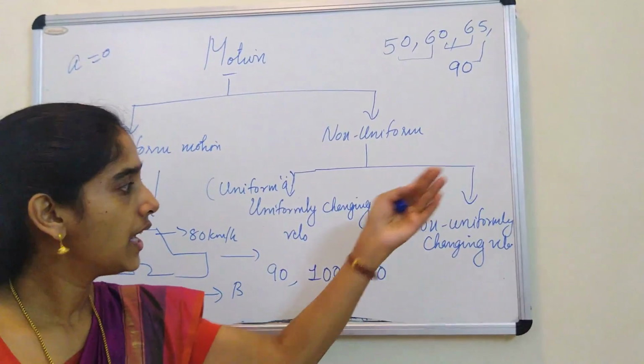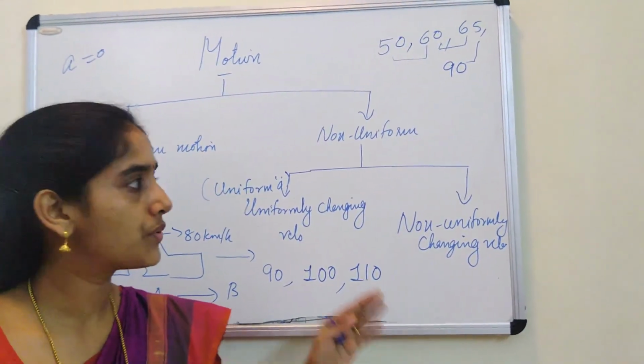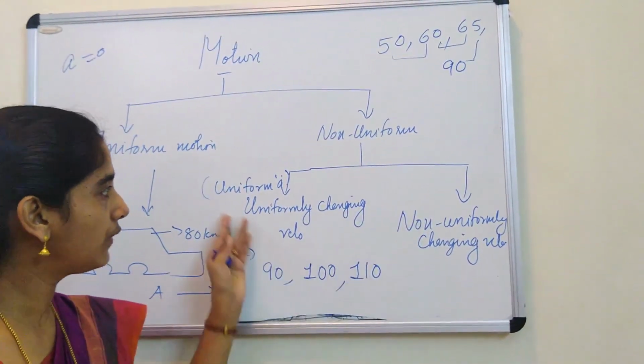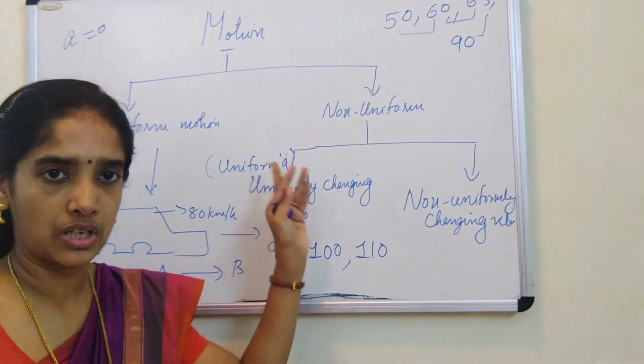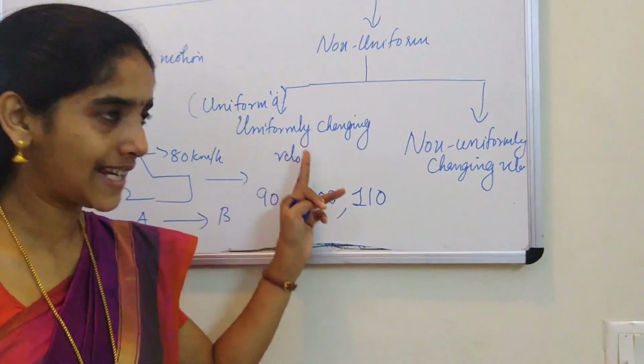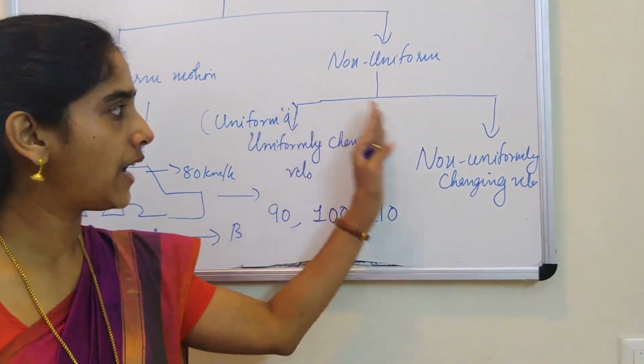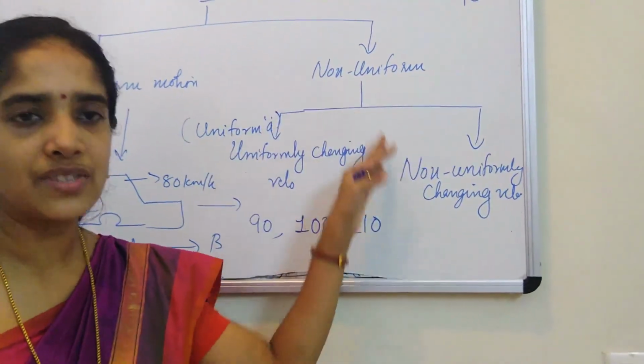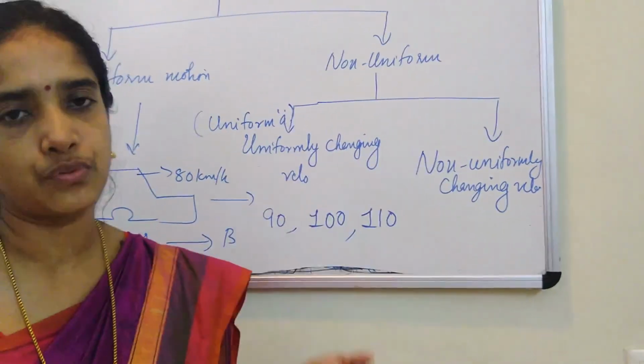So I think you understand this classification of motion on the basis of rate of motion. Now, after this, we are going to analyze uniformly accelerated motion. What do you mean by uniformly accelerated motion? Velocity changing uniformly. Here we have some equations to explore this type of motion. That is what we see next.